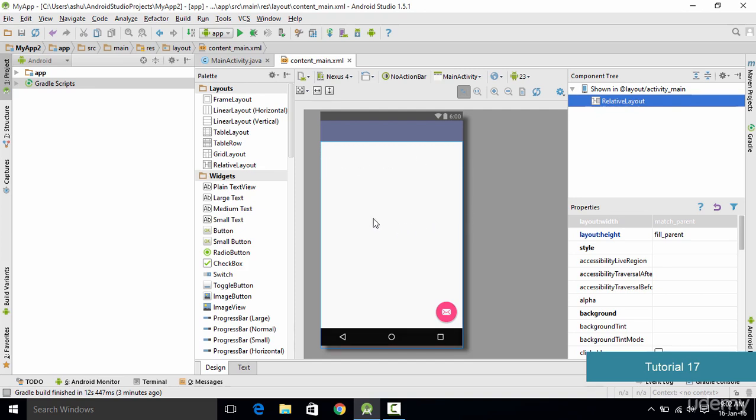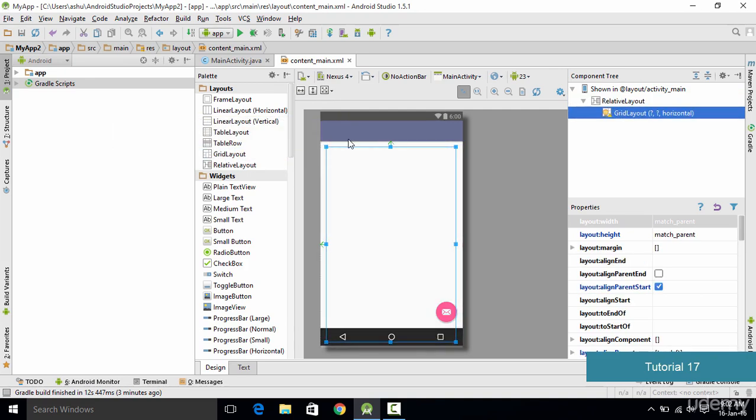Now, once you are done with setting up your project and deleting all the elements on your layout, the next thing you want to do is add the grid layout to your interface. In order to add the grid layout, we simply go under this layouts tab, select grid layout, and drag and drop it over here. As you can see, the grid layout spans the entire activity,